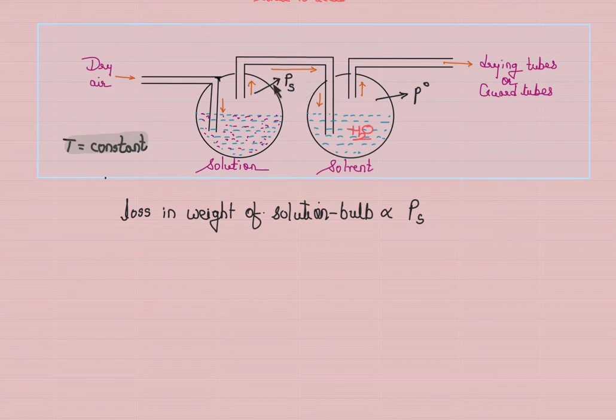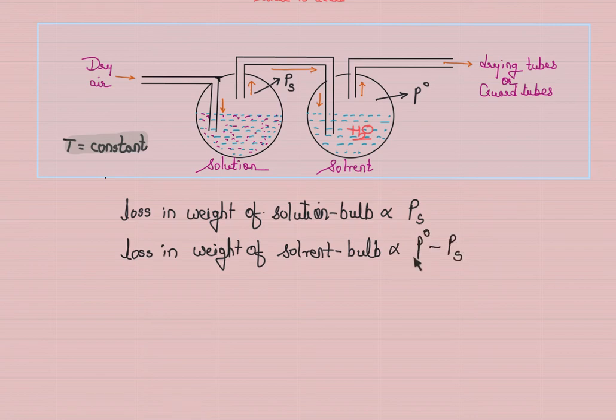So it already has water vapors proportional to the vapor pressure of solution. So from here, what would it collect? Now here the loss in weight of solvent bulb